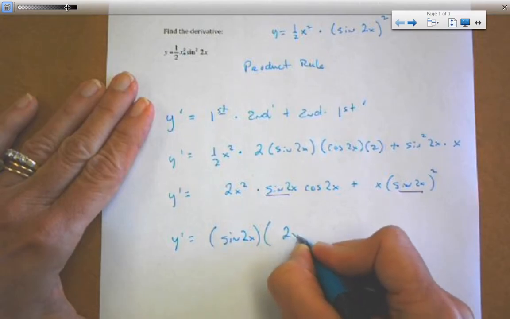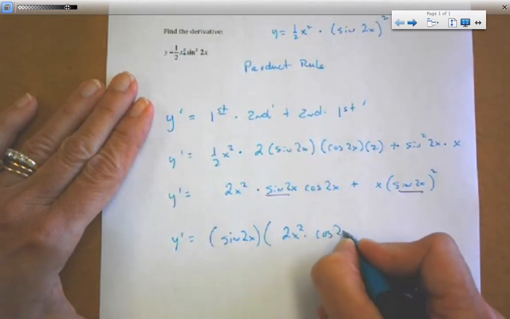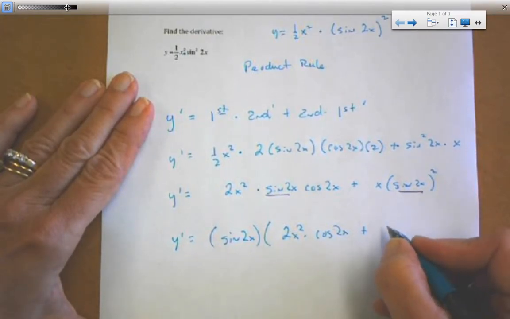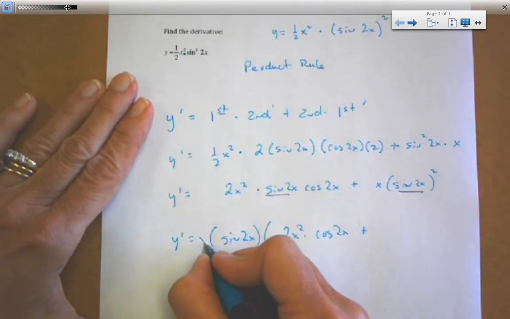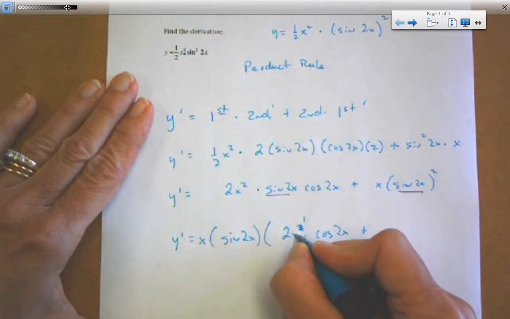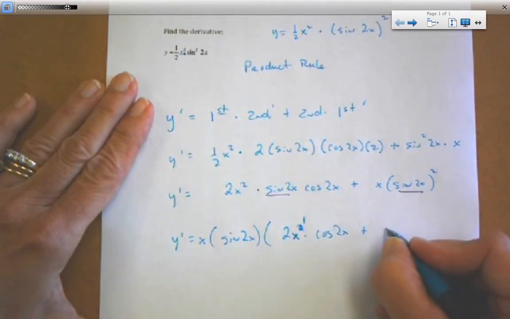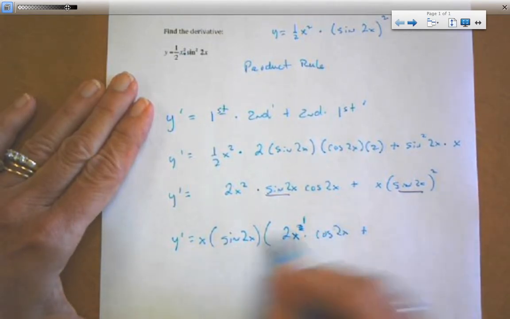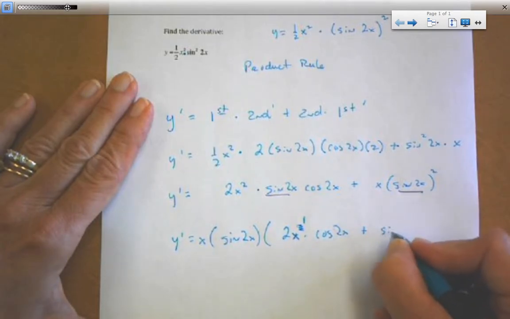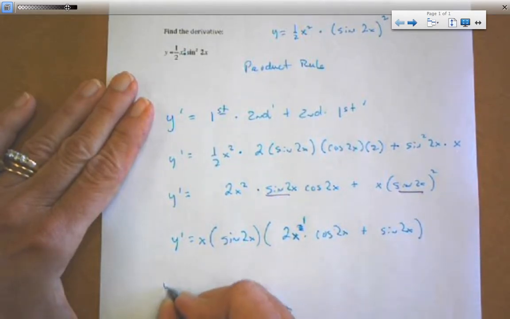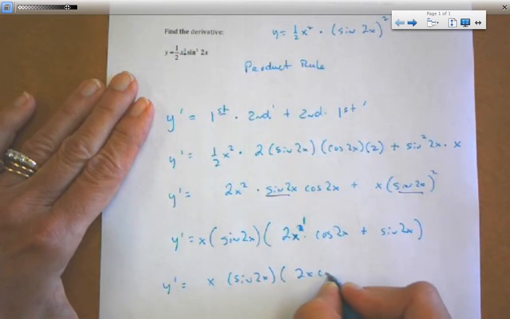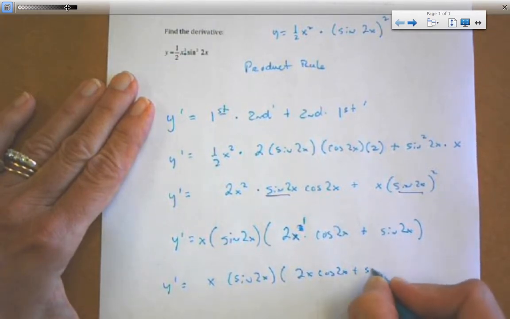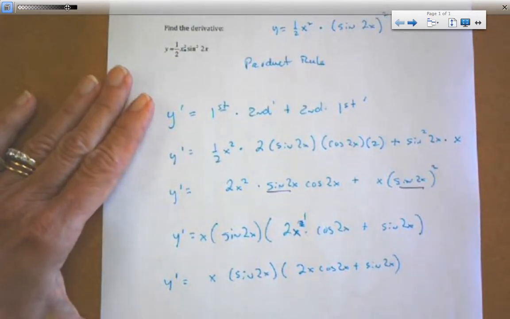I'm left with 2x squared times cosine 2x plus, I could have taken an x out also, so I'll just go ahead and put an x out here and change that to a 1. All right, and also still factor out my sine 2x. All right, so my derivative is x sine 2x times 2x cosine 2x plus sine 2x. All right,